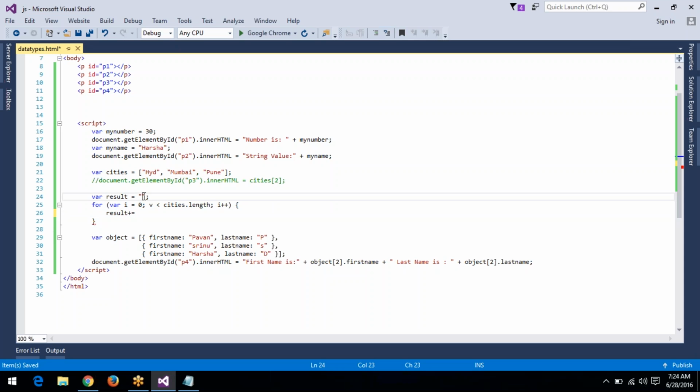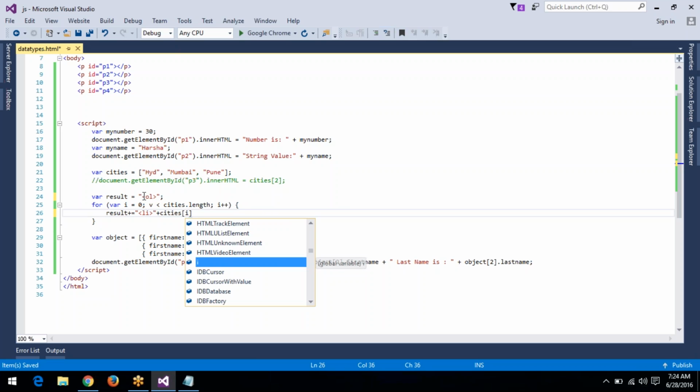Or we can create an order list here, OL tag. For this OL tag, we have to create li tag. In this li tag, we can apply city name,